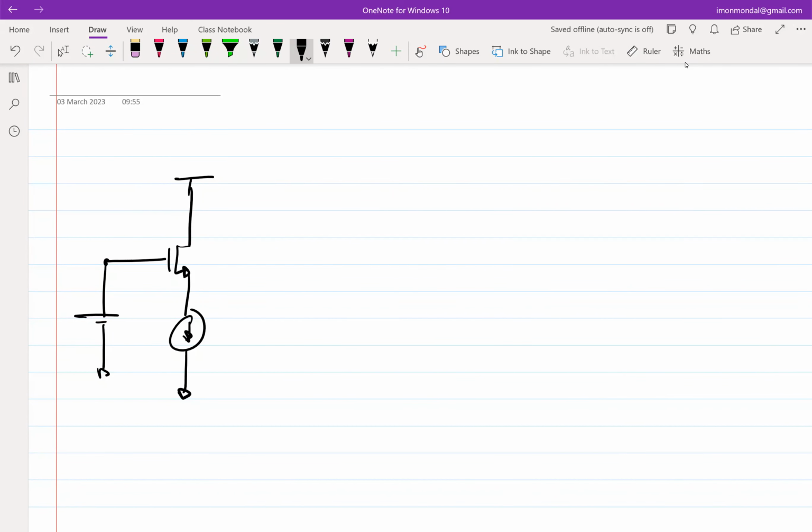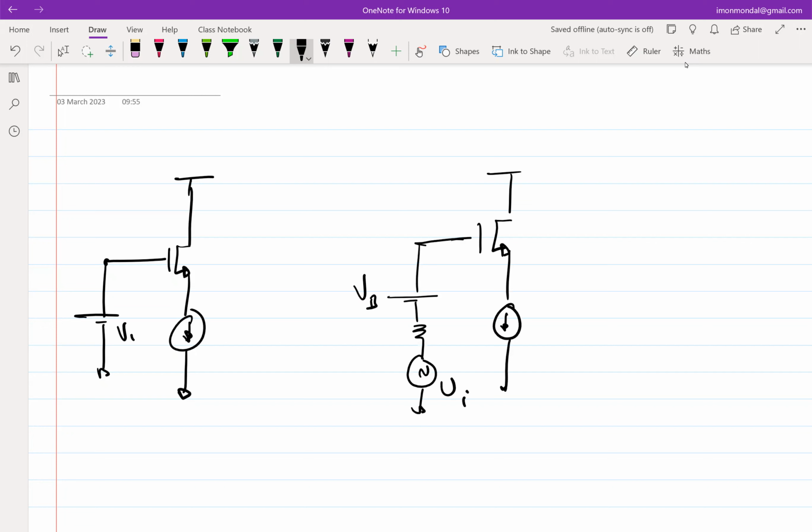We saw that if we add a voltage source here, an incremental voltage source at the gate, and we observed the output at the source, then this incremental V0 was almost equal to Vi. And this made sense because even from the total picture, or even without going into the small